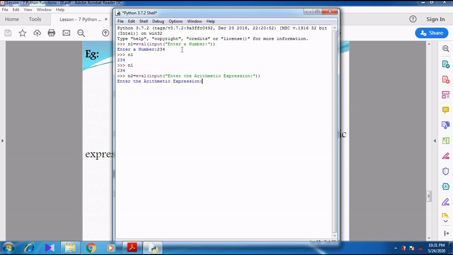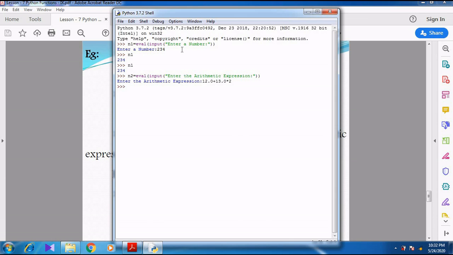When I press the enter key, it asks me for the input. 12.0 plus 13.0 into 2. When I press the enter key, the values are assigned. 12 plus 13, it shows, I think, 25.